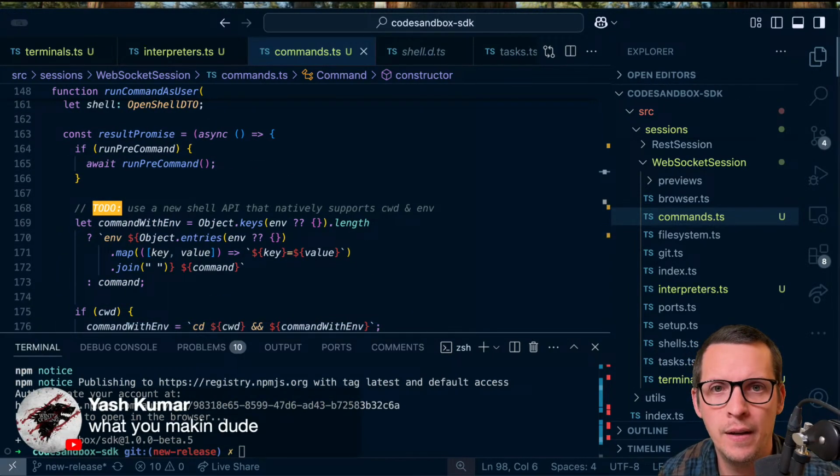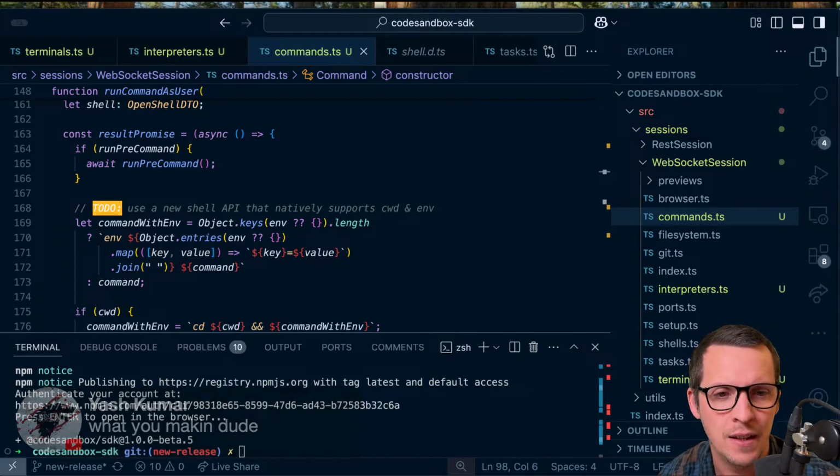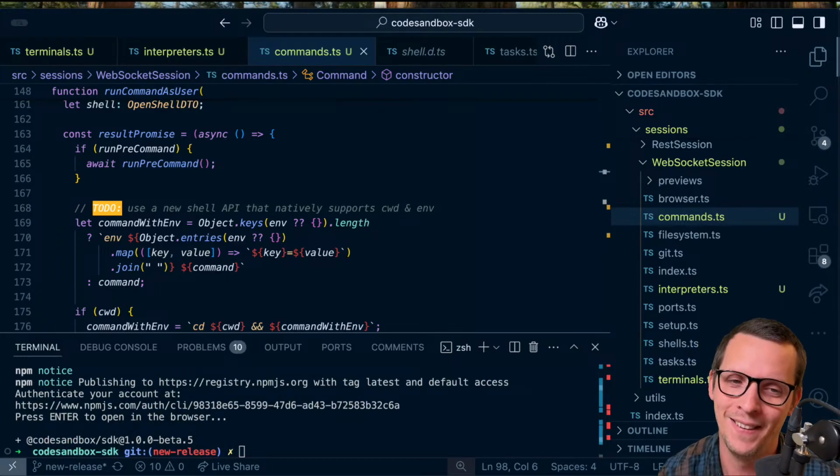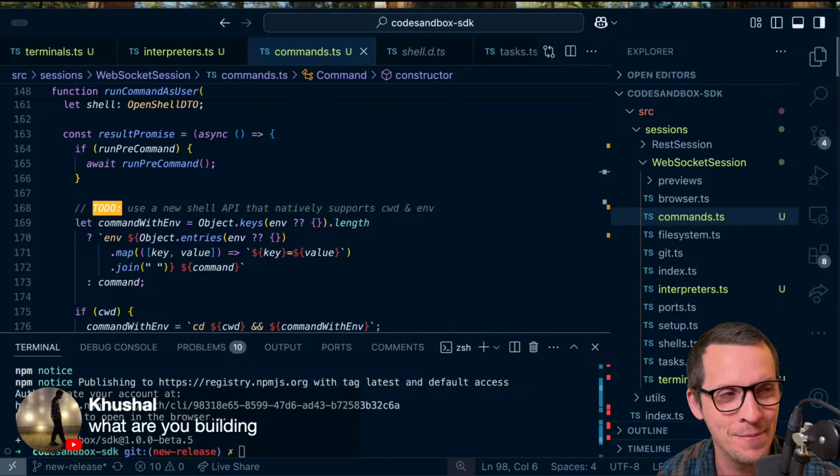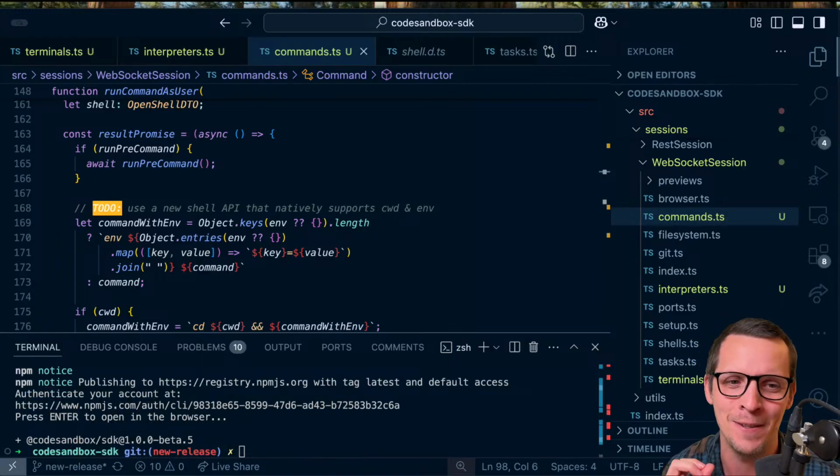Hello there. Yeah, so I'm working on the CodeSandbox SDK, and I'm trying to make the story shorter every time someone asks. I've told the story many times. So if you don't know CodeSandbox,